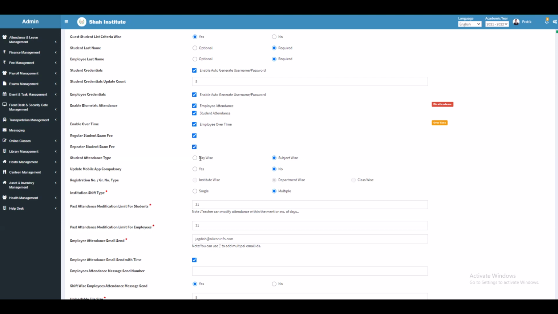From here you can select whether you want attendance of students day-wise or subject-wise. Select yes or no as per your choice, if you want an automated mobile app update. From here you can select whether you want registration numbers to be generated institute-wise, department-wise or class-wise. If your institution has multiple shifts, select multiple option and select the single option if your institute has a single